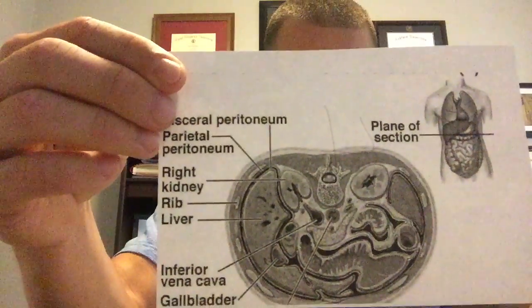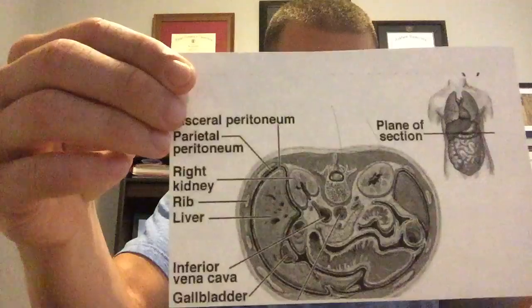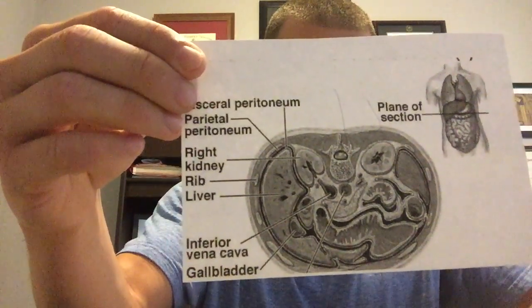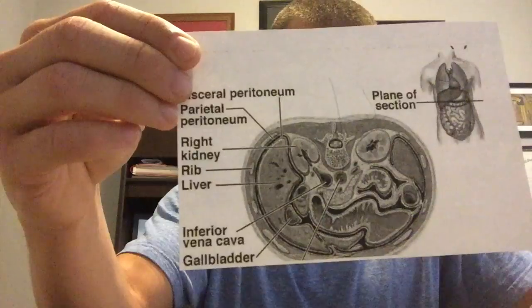The serous membranes of the abdominopelvic cavity are as follows. The visceral and parietal peritoneum. The peritoneum encompasses the majority of the organs within the abdomen,